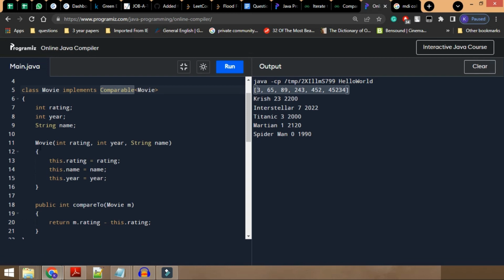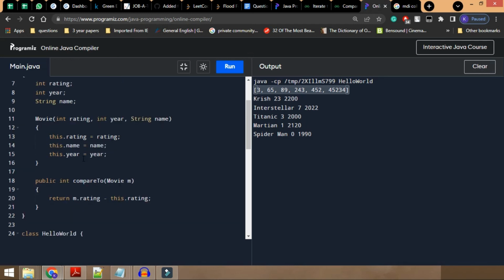When we use this Comparable interface, because an interface basically only has declarations in it, right? We need to define the method which is inside of this Comparable interface. So that's what we did. So Comparable basically has a unique method that is used to sort the data, sort the objects to